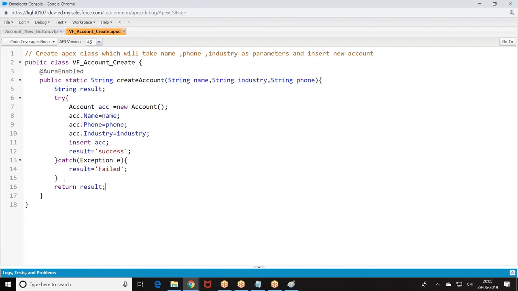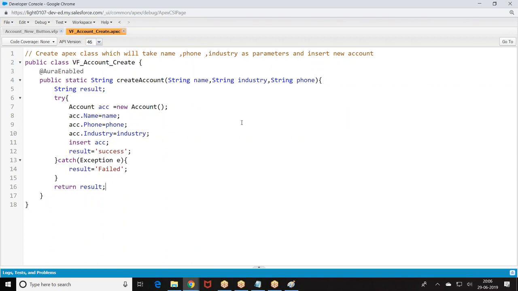The first part of the story. Let us look at the second part of the story. Done. First part is done.